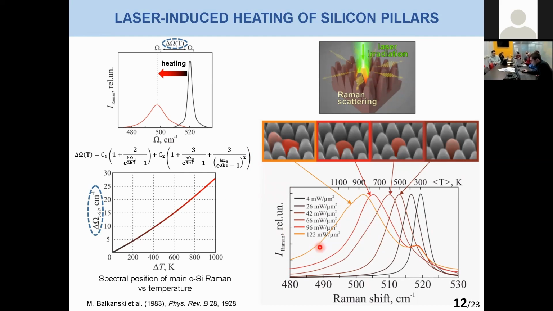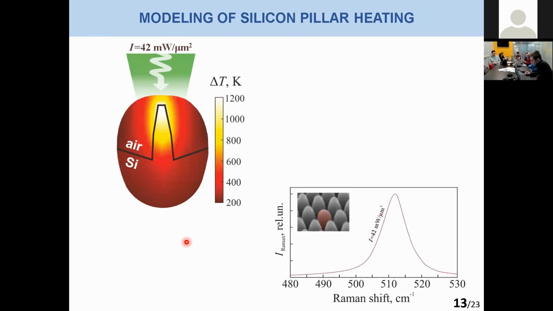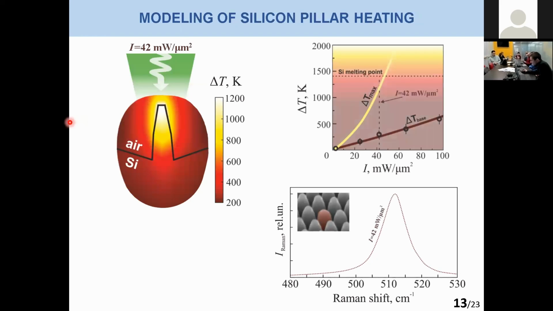So we detect an asymmetrical peak. To explain these features, numerical modeling was carried out, the result of which you can see here. The top of the structure heats up more and the base less due to heat transfer to the substrate. And on this picture, you can see